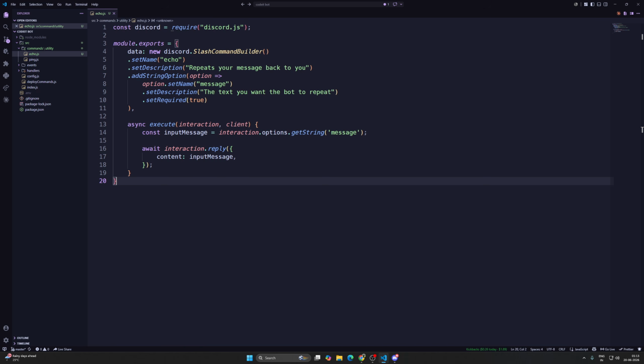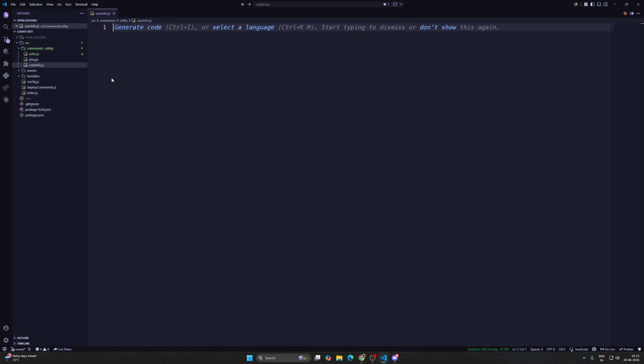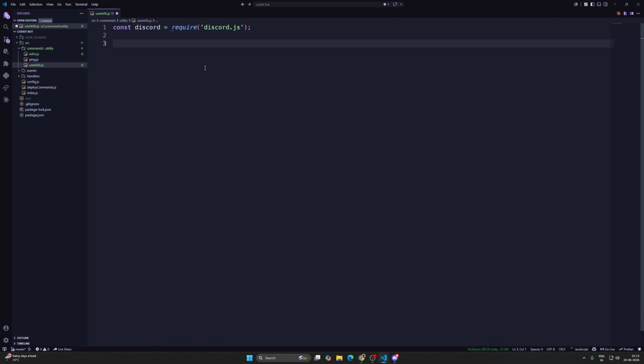So for that we will use user options. Right now we are using a string option. Now we will use user options. So now again in the utility folder create one more file called userinfo.js, and here again same, we need const discord equals to require discord.js again, and then again module.exports, and then